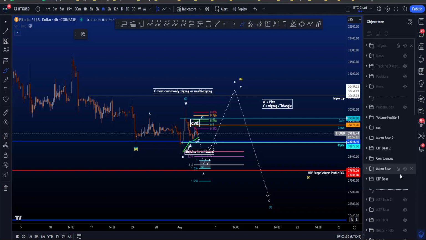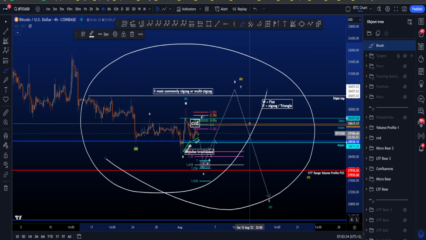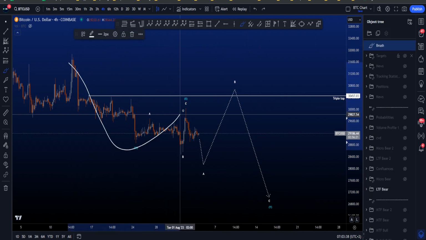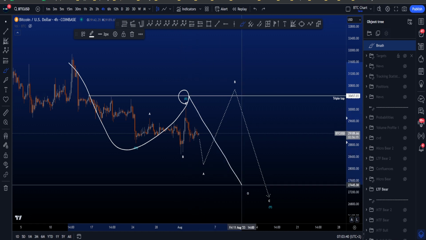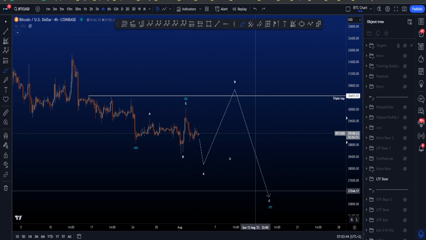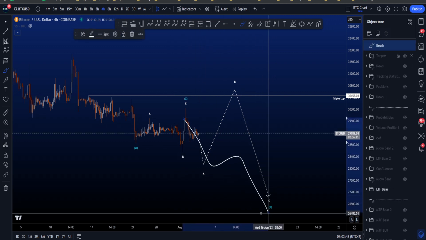Hi everyone, let's go over my low time frame and micro bearish Elliott Wave scenarios on Bitcoin, starting with my first low time frame bearish scenario where we are looking for a wave W and X that are already finished and now a wave Y to the downside. Wave Y can have three structures. It can be a triangle, it can be a flat, or it can be a zigzag to the downside